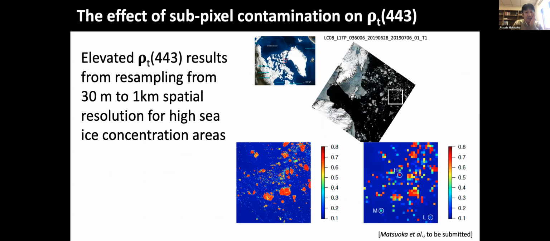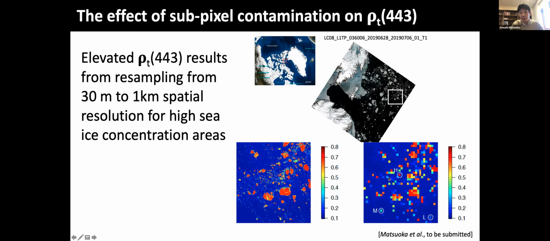So this is the last slide, I believe. I wanted to examine this subpixel contamination issue for the top of the atmosphere. What we did here is, using the Landsat image, which has a spatial resolution of 30 meters, we resampled into 1 kilometer as a mimic of the medium resolution ocean color, such as MERIS, to see how this resampling affects the top of the atmosphere reflectance.